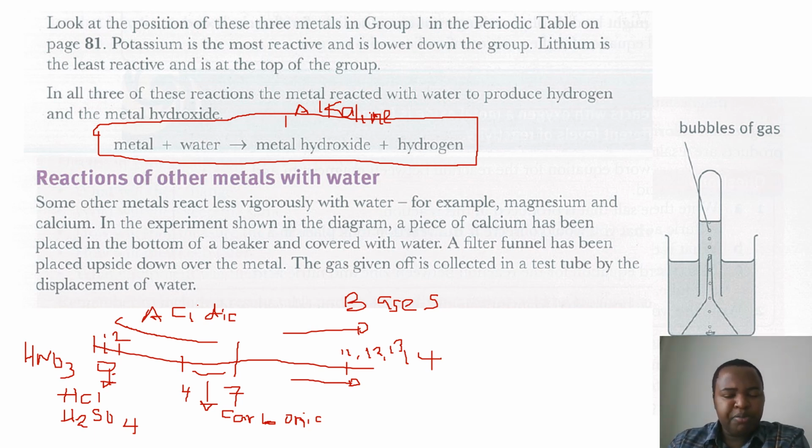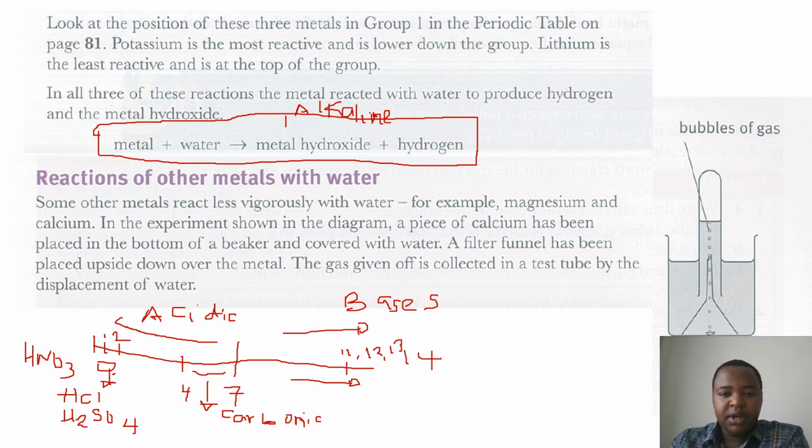So the reaction of metals with water, you get metal hydroxide plus hydrogen. Now, on this slide, it brings also another aspect that not all metals can react with water. Actually, for some metals, when you put them in water, you don't find any reaction at all. Why? Because they are not reactive enough to react with water. So for some metals, the reaction is very slow when it reacts with just cold water,